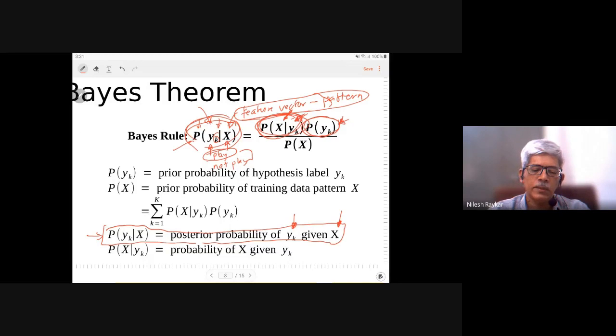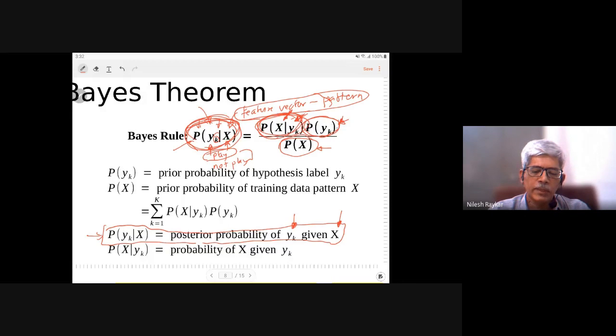The last thing is the denominator, the probability of having that pattern itself. That means, for that particular pattern, what is the probability that it will exist in the entire data set, irrespective of whether somebody is playing tennis or not? How many times would the day be sunny, the wind strong and the humidity high? How many times do such things exist? If we know these three probabilities, then we can predict the probability of playing tennis on a particular combination of climate. That is what is explained here.